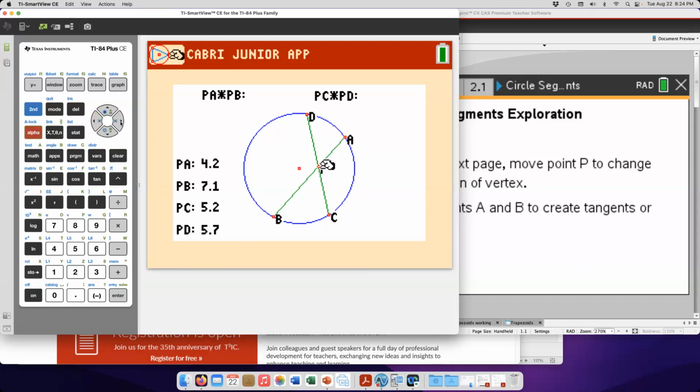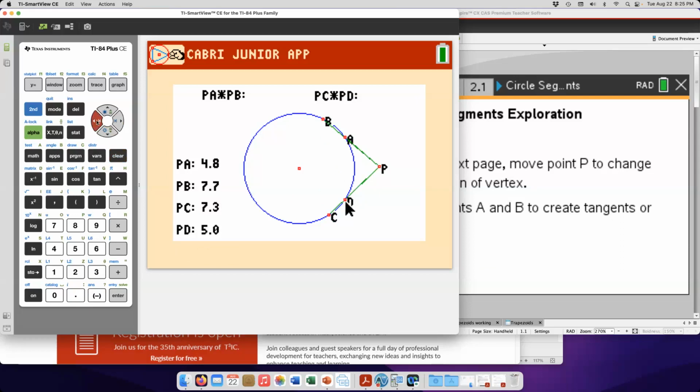And this really is in the service of reducing our cognitive load for our students. When I grab that center and pull it out, whoops, too far, I get my segments, my secants, excuse me. And so we can investigate the power of a point